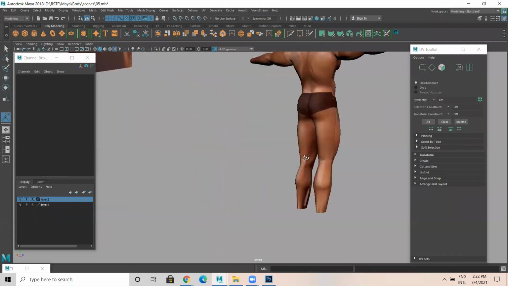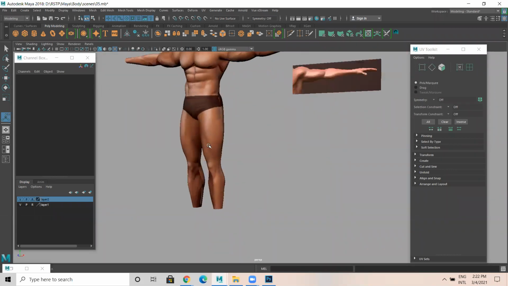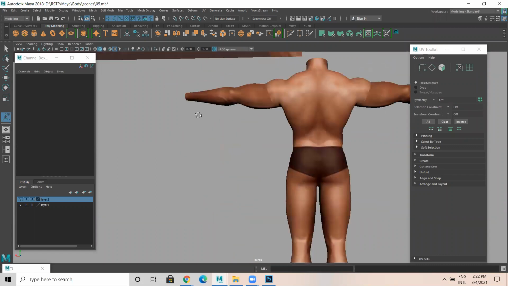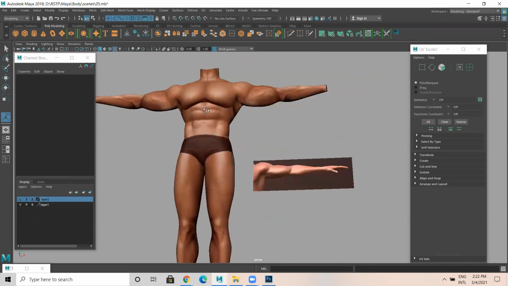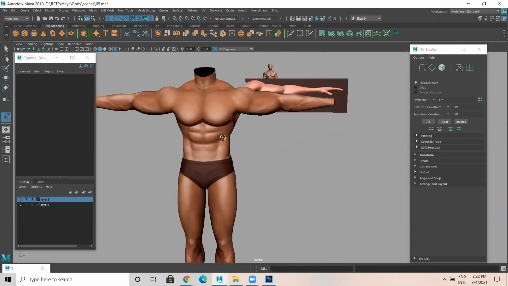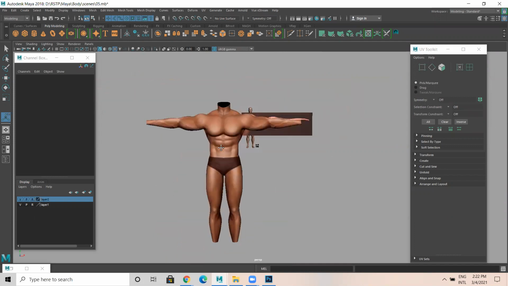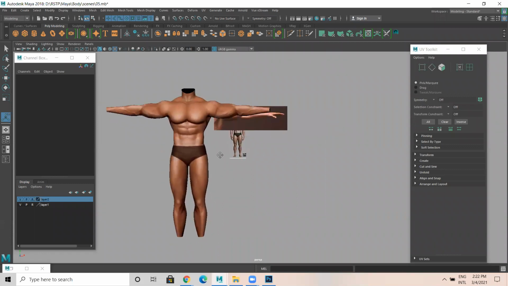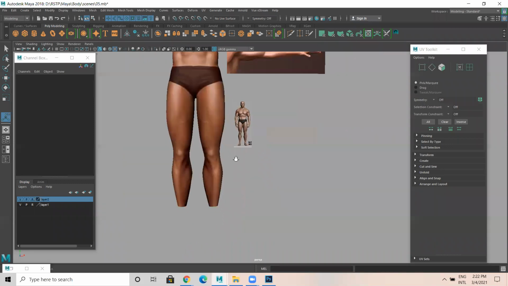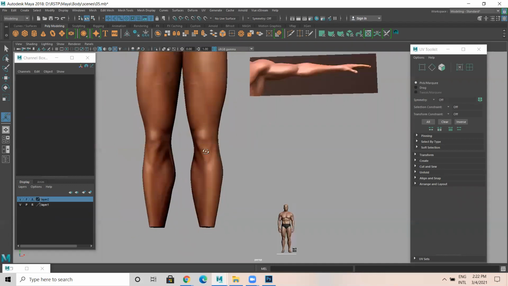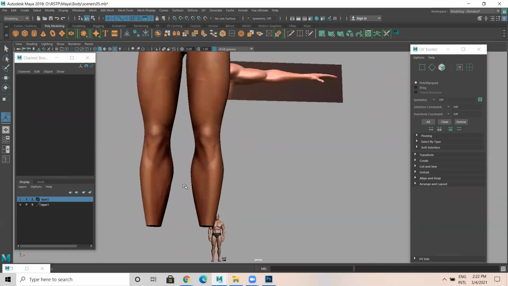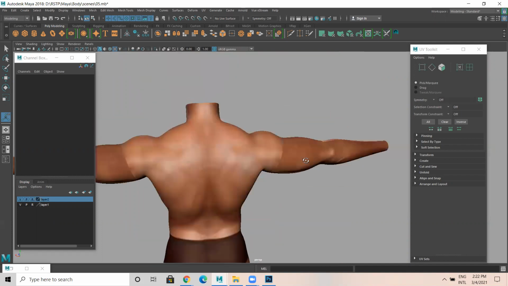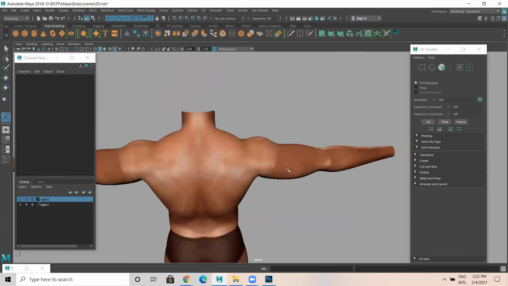See, your character unwrapping picture is ready. We need to match this. Still, there is a seam line here. We need to work on this. In detail, we can work on this. Got it? Any doubts on how to do up to here? So let's see all this detailing, including these nerves, veins, all the detail you got. See the knee part detail is there. The hand part, you got this particular detail. Back detail, you got it.